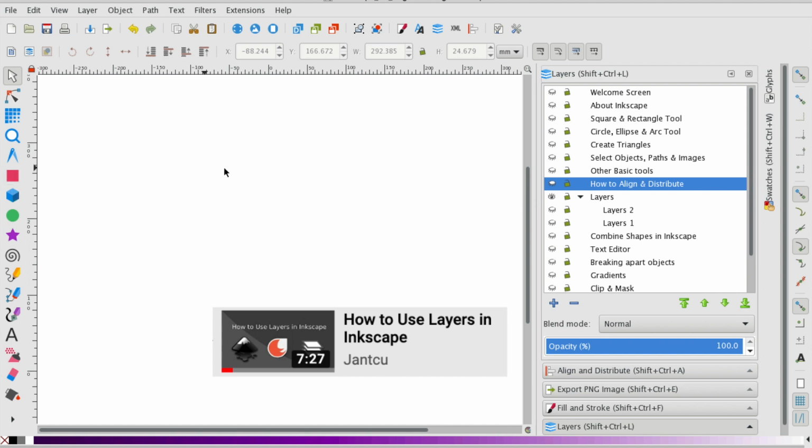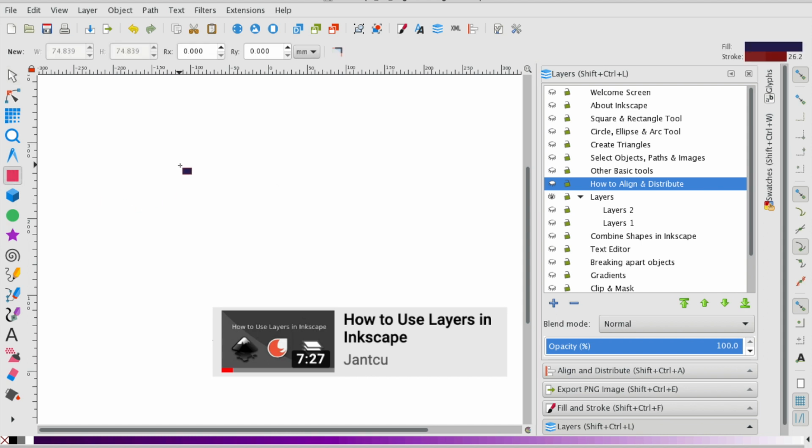very quickly. So once you open a new Inkscape file, you will be on a layer. It's the only layer that exists at the moment. Obviously, this is a saved file. I've added many layers here, but when you open a new file, you will be working on a layer. So within a layer,